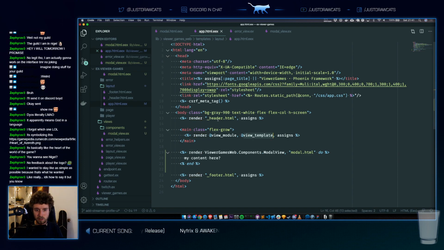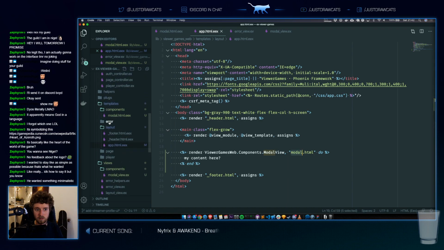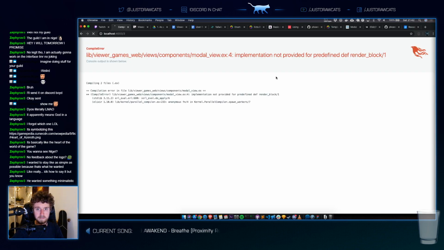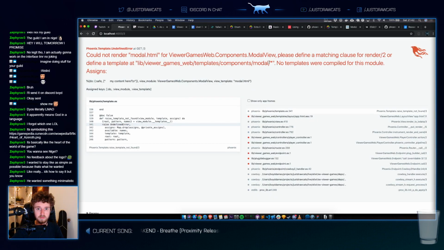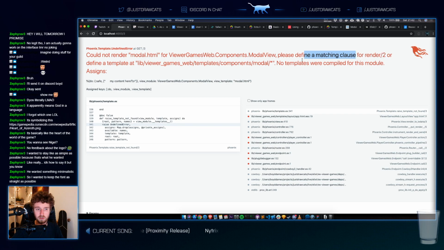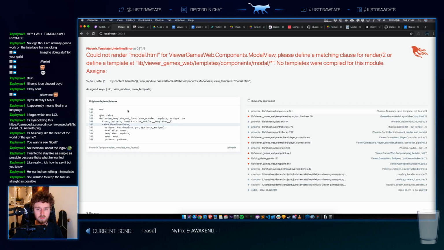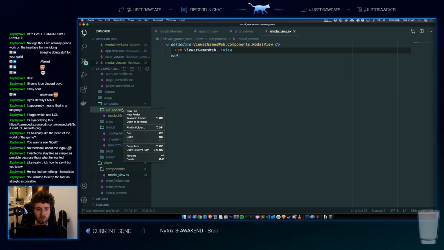I don't know what the... Cannot render modal HTML. Please define a matching clause for render in defined templates components modal. Oh.